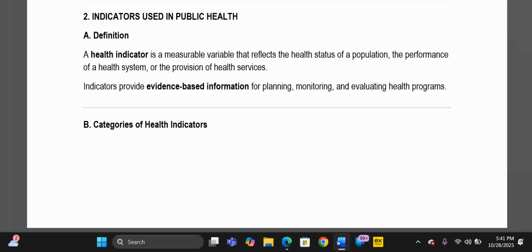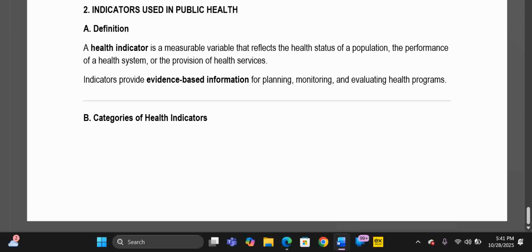So indicators tell us the status of the population. Are we having healthy populations, or are we having unhealthy populations? What is the performance of the system? Is it poor, good, excellent? All this is basically to understand whether we need corrections, we need improvements, or not. So indicators provide evidence-based information that we can use for planning, monitoring, and evaluating health programs as well. Because it is what tells us what is going on. Just like the name implies, indicator,